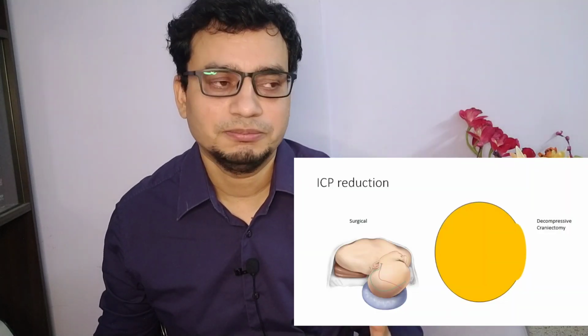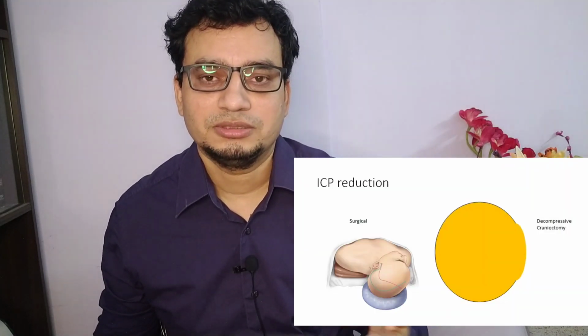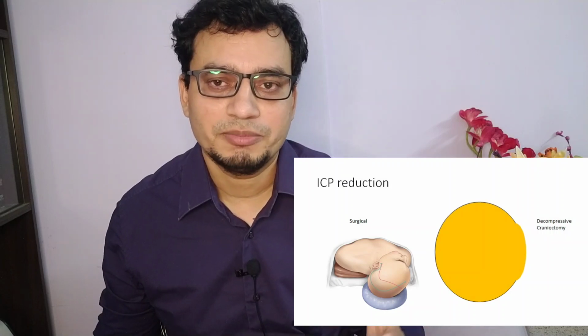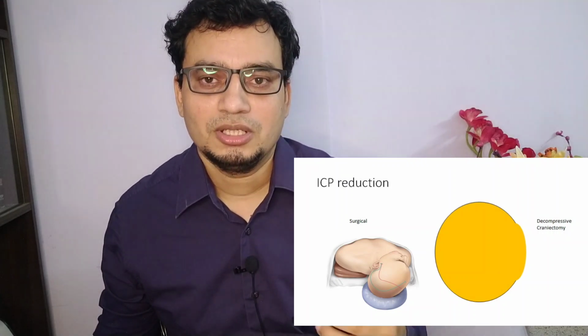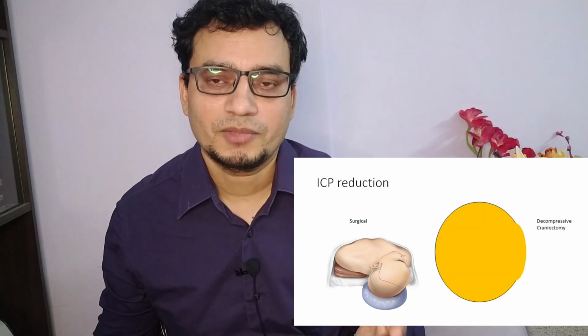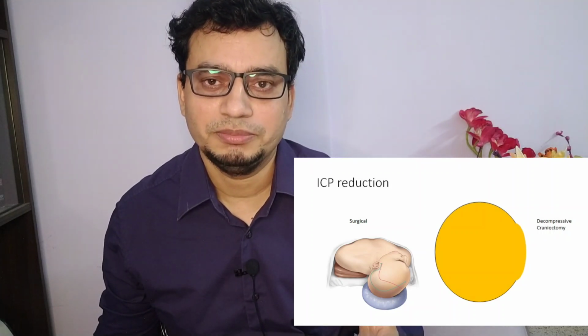Finally, if none of the above measures is able to control the ICP, you have to go for the last option, which in this case may be the decompressive craniectomy for the diffuse pathologies such as the large hematoma or ischemic infarct, or a limited resection of SOL may also be a viable option. Surgical options are very permanent solutions to raised ICP. But the problem is the nosocomial infection of wound, flap and meninges.